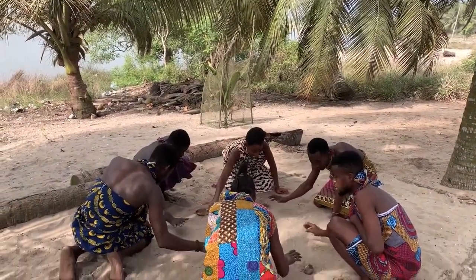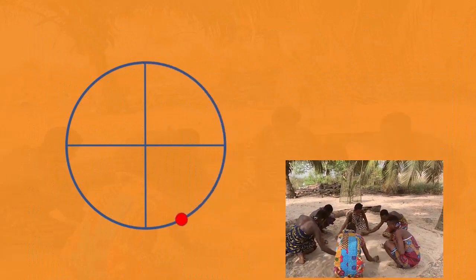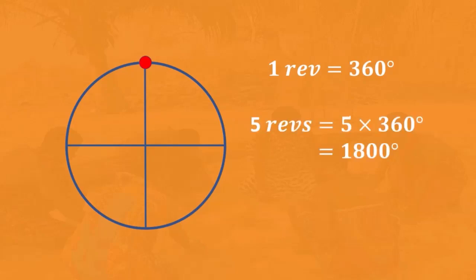4. The concept of revolution. When a stone is passed until it gets back to its initial position, it makes 1 revolution, which is 360 degrees. Assuming the stone makes 5 revolutions, then 5 revolutions will be equal to 5 times 360 degrees, which is equal to 1800 degrees. 12 revolutions will be equal to